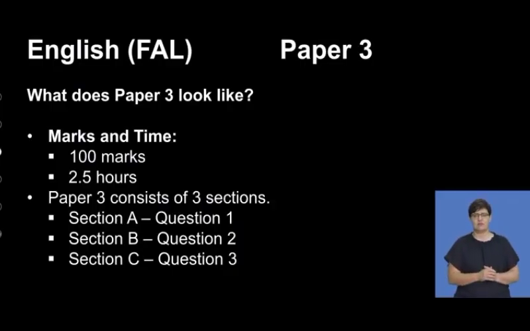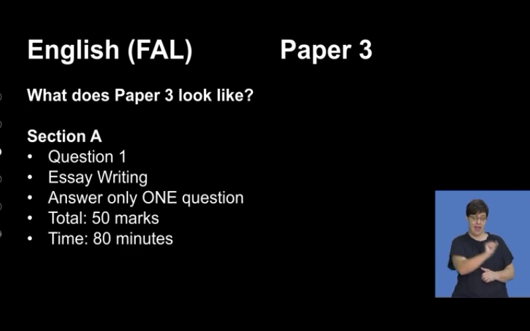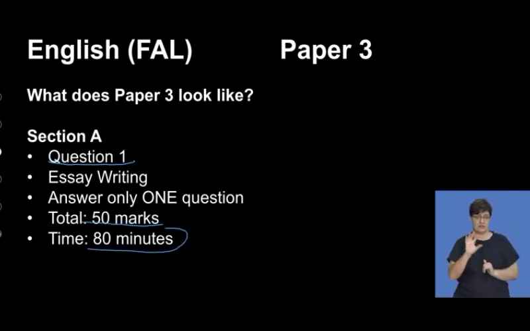Okay, so section A, which is question 1. In question 1, you will have to write an essay, which is just one question. You will be provided with many questions based on essay type writing. Your total for this section is 50 marks, and it would be allocated 80 minutes if you manage your time